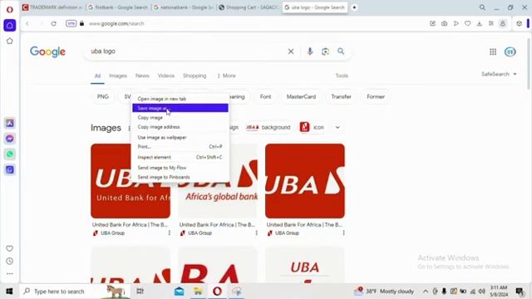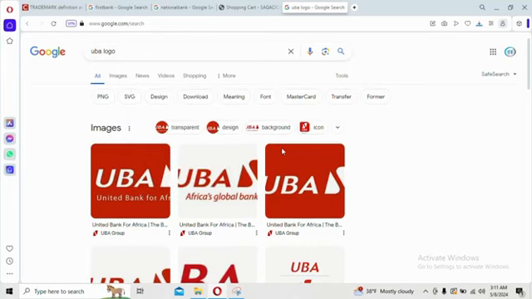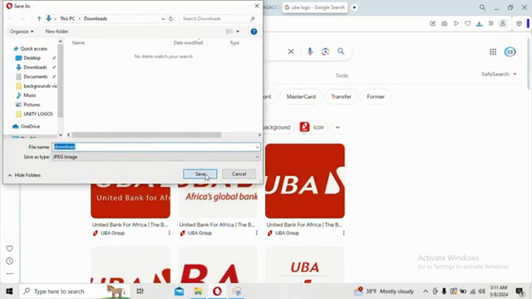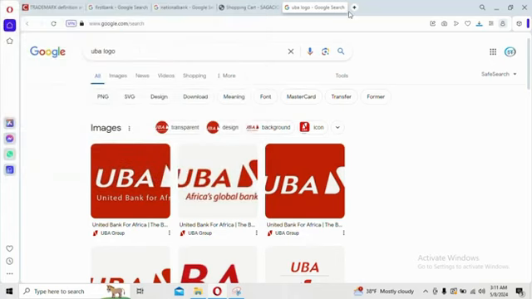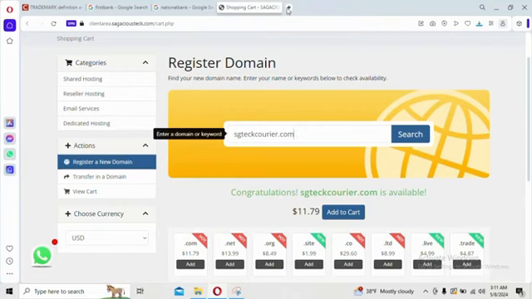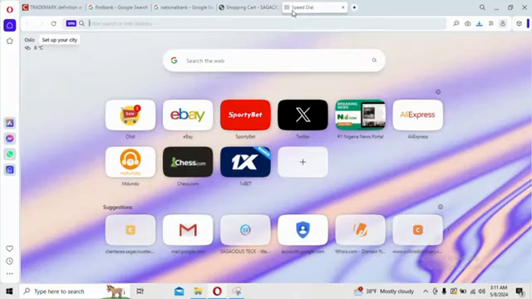I just want to make a simple illustration. Maybe the client sends you this logo and you don't know about it. So what you just need to do is to come over to